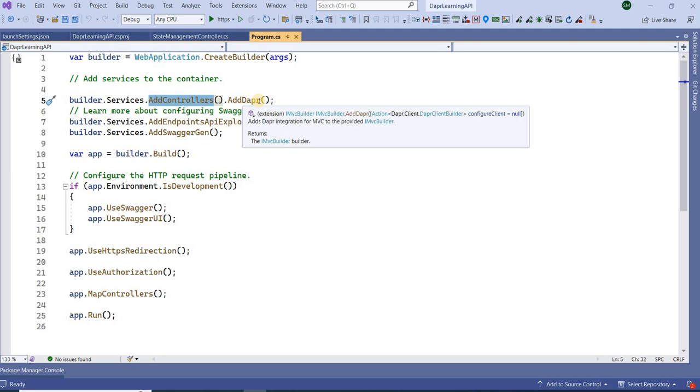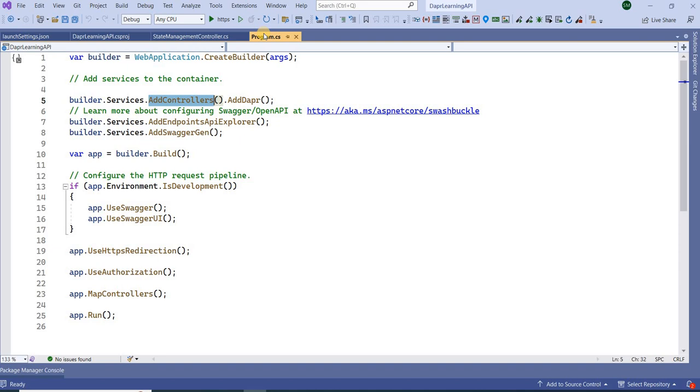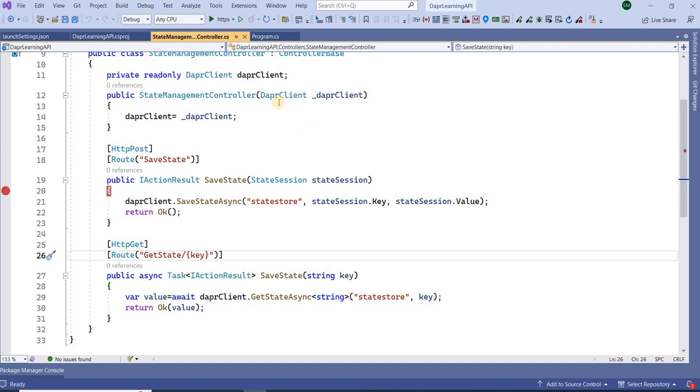So we can get the Dapper object and use the Dapper classes. So far we have made only one change: we have added the Dapper NuGet package, then we have added the Dapper integration here, and after that we are using dependency injection inside the controller. We are getting the Dapper client object.